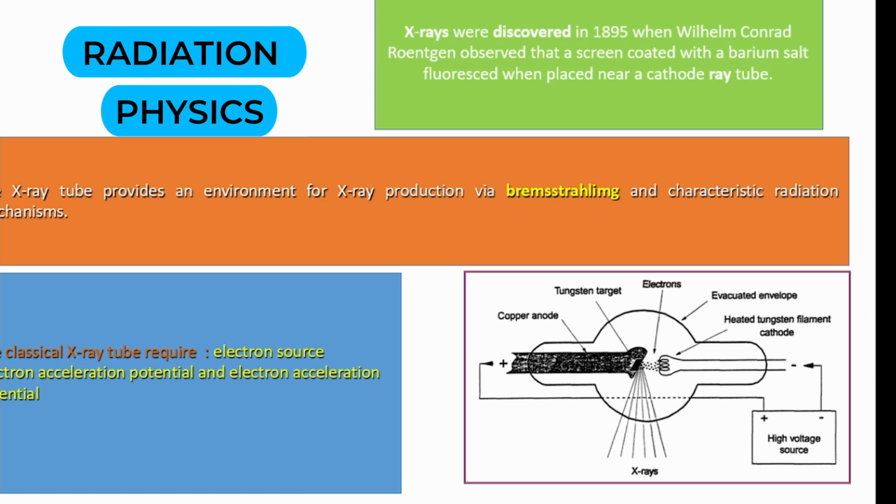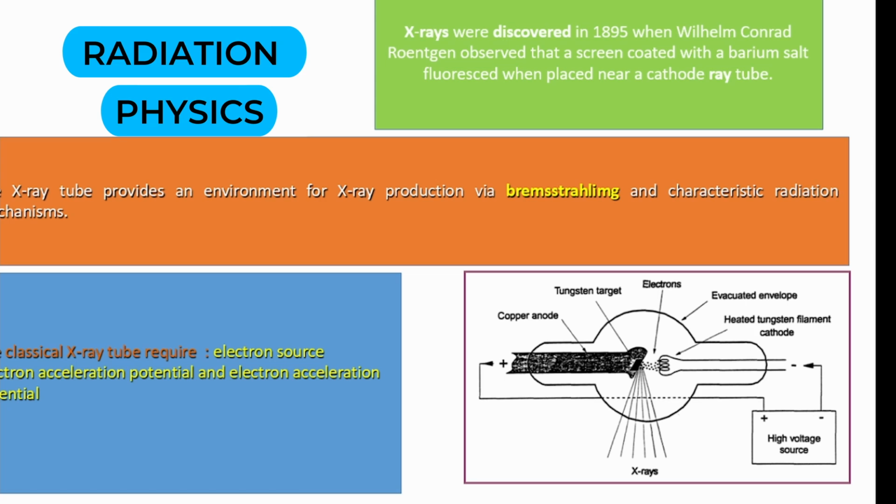So this process, which is called Bremsstrahlung, is actually a deceleration of electrons which are in motion. So when electrons are in motion or they are moving, then they decelerate. That is what is called Bremsstrahlung. So this process is used to produce our X-rays. I'm not going to dwell more onto the equations involving this type of mechanism or procedure, but I am going to just introduce it to you in brief like this.